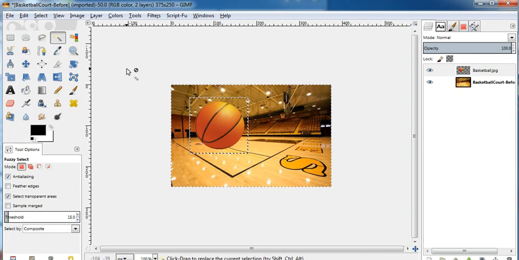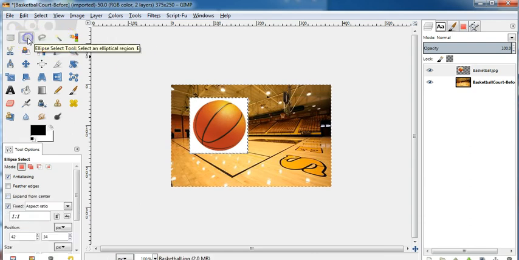Alright, I'm going to show you the other way. I'm going to hit Control Z and undo what I did. Hit Control A to remove all my selections. Now instead of using the magic wand tool, I'm going to use the ellipse tool. So I'm going to make sure that it's on fixed. It is. I'm going to just drag it, make a basketball. If you click in the middle of it, you can move your little